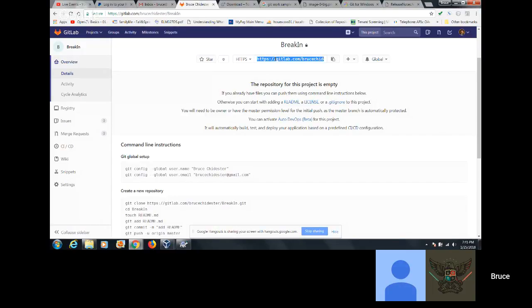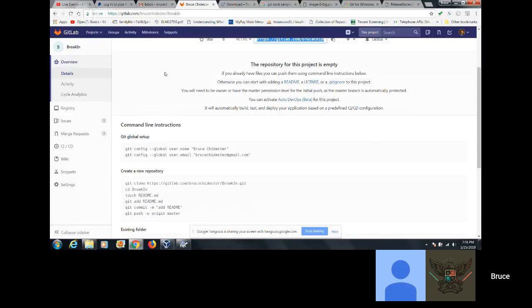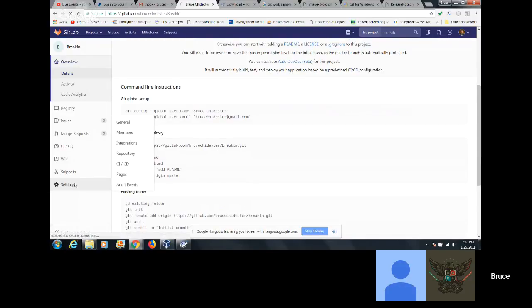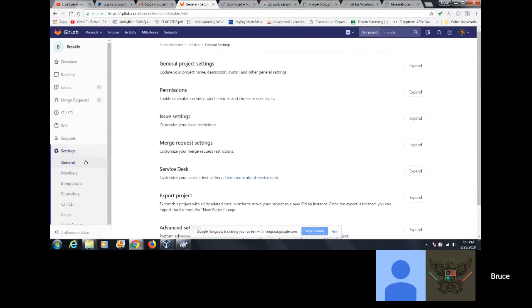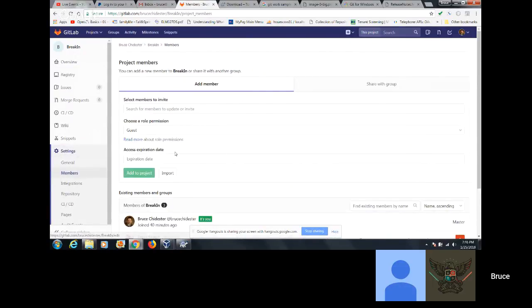That's not there for us. Ours says this project does not have a wiki homepage yet, or at least that's what mine says. And then it says break in, and it has a little lock symbol. It says private project access must be granted explicitly to each user. Oh, okay. Then I got to go over here. Then I got to go to members, and I got to tell you it's okay.